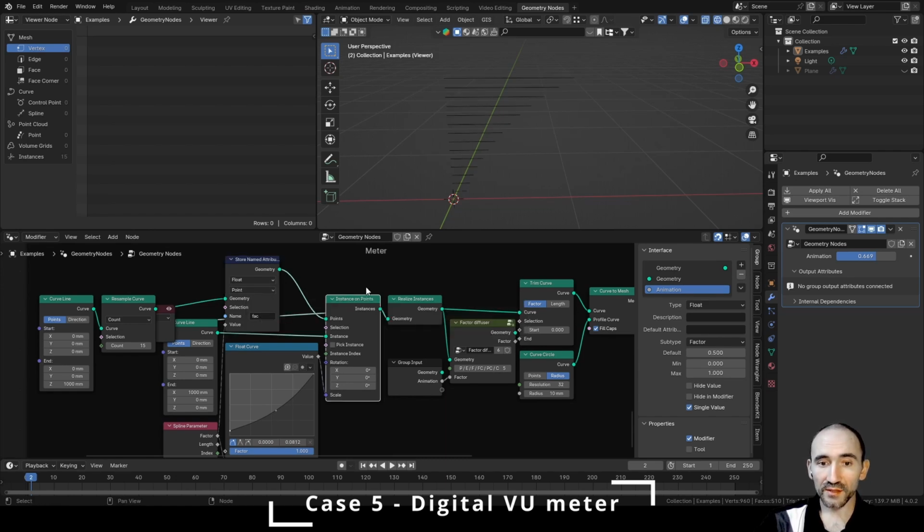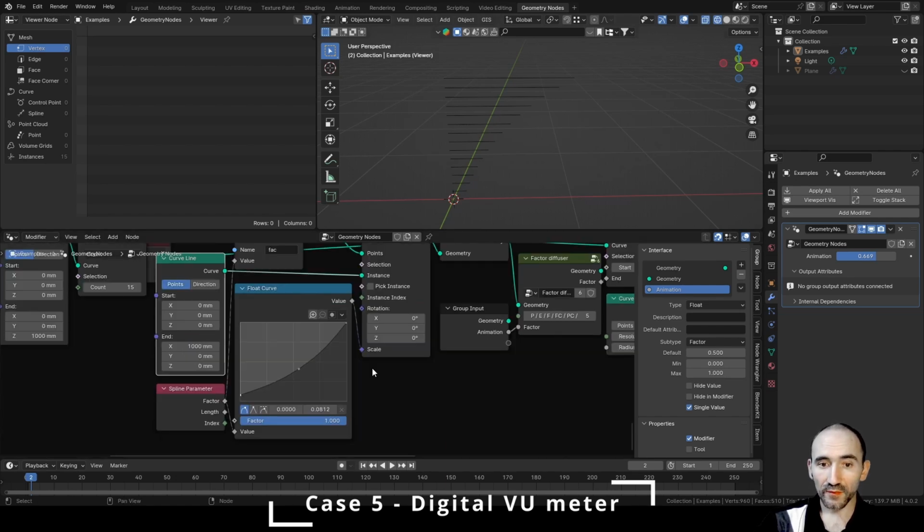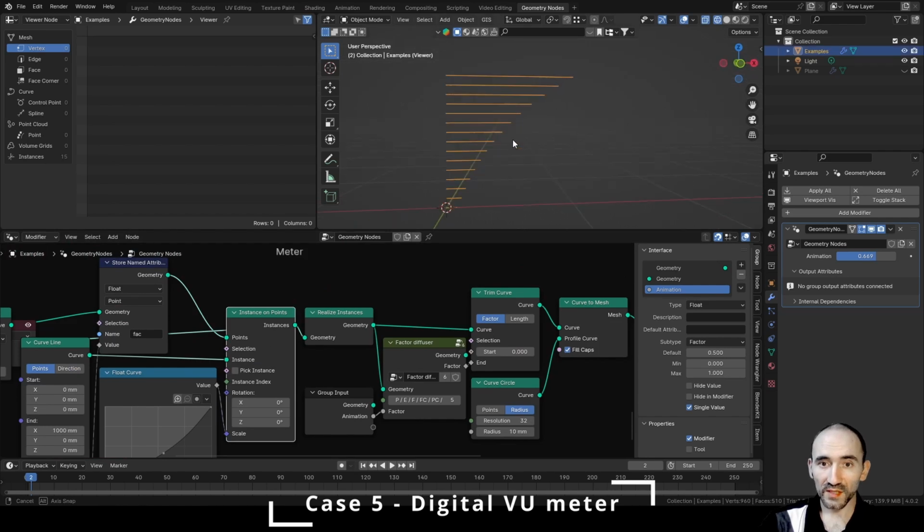Then I instantiated a horizontal curve line and rescaled them by this float value of the factor, and this is the result. As you can see, realize instances, because I don't want to have instances but splines, and because